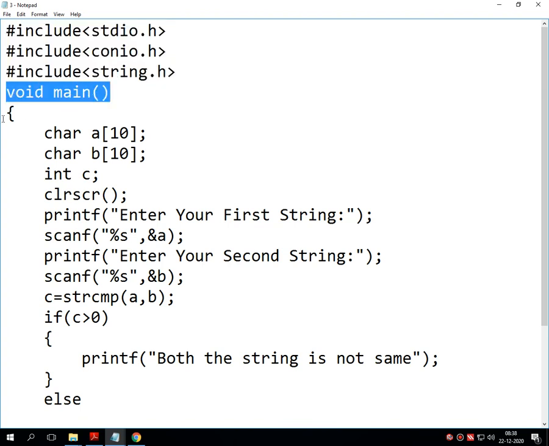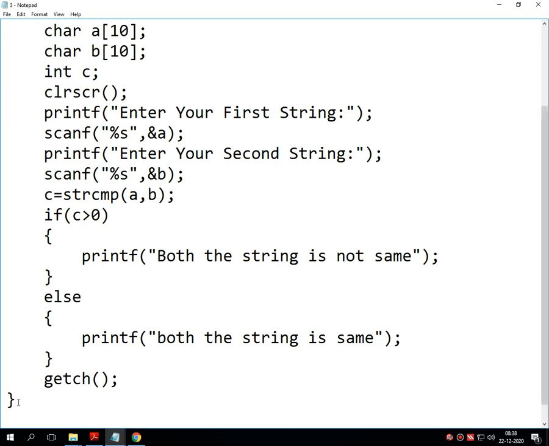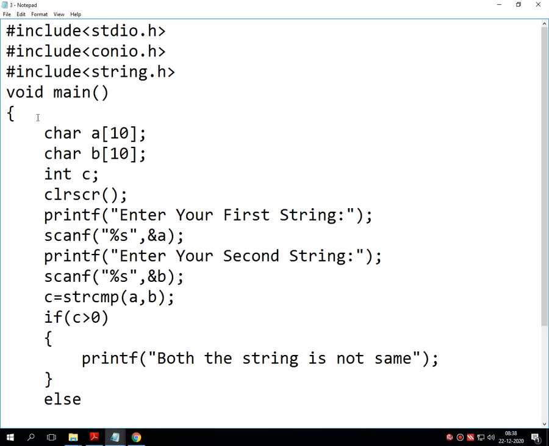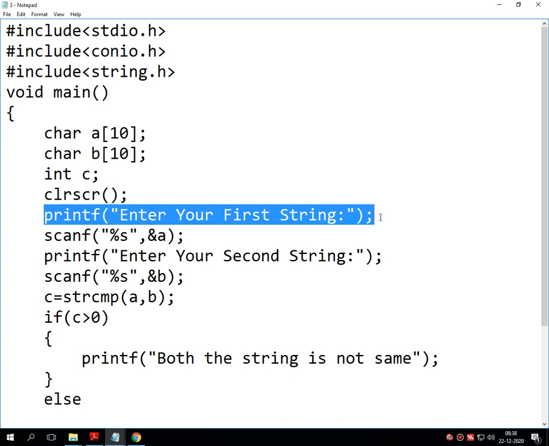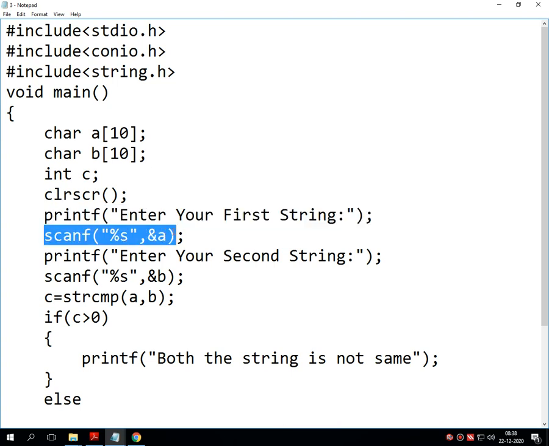Then void main, opening and closing bracket, character a of 10, character b of 10, integer c, clrscr, printf enter your first string, scanf %s and &a, which reads and stores the first value inside the variable called a.